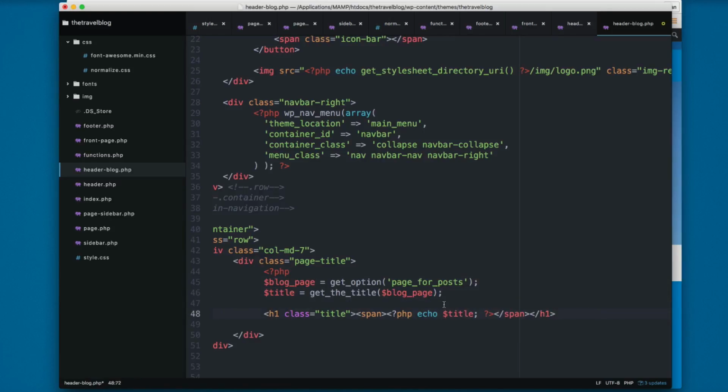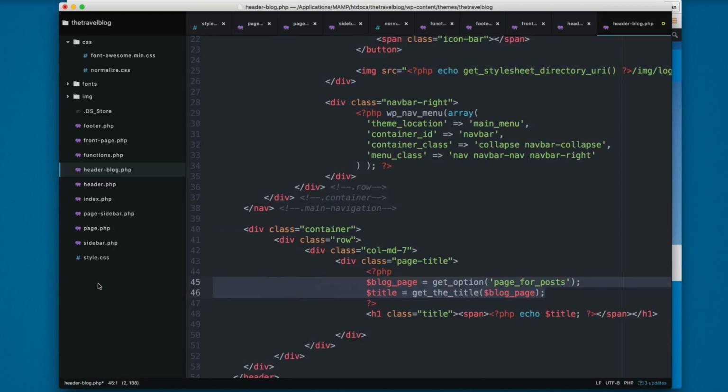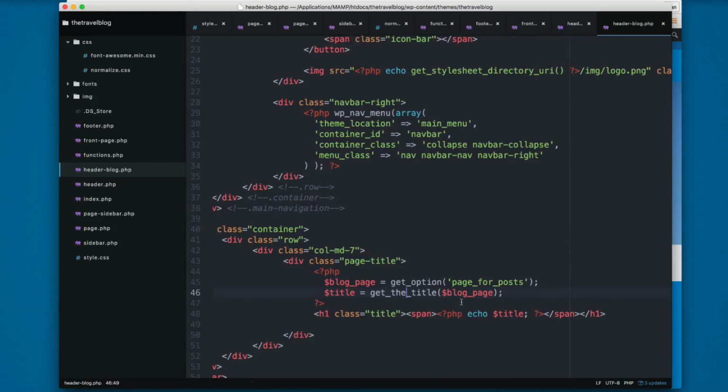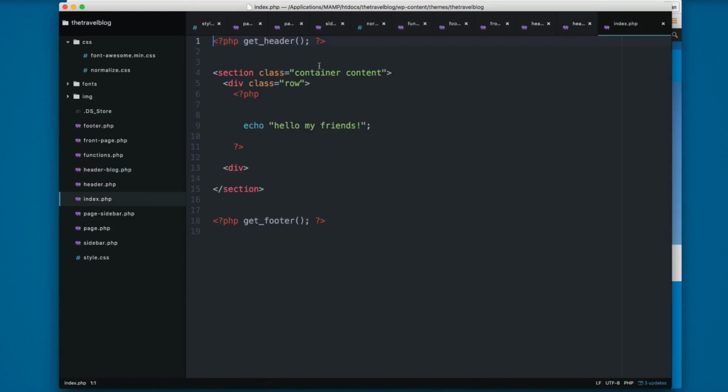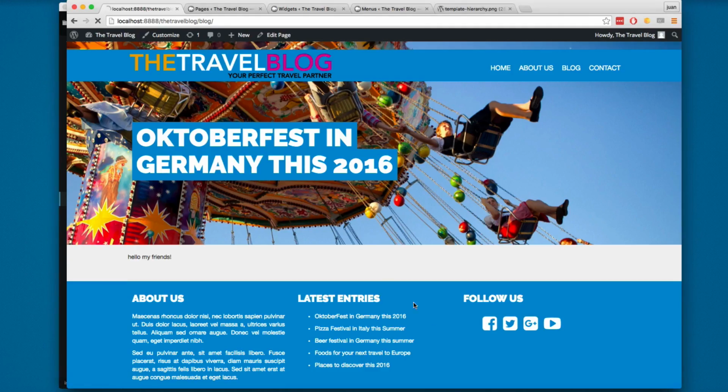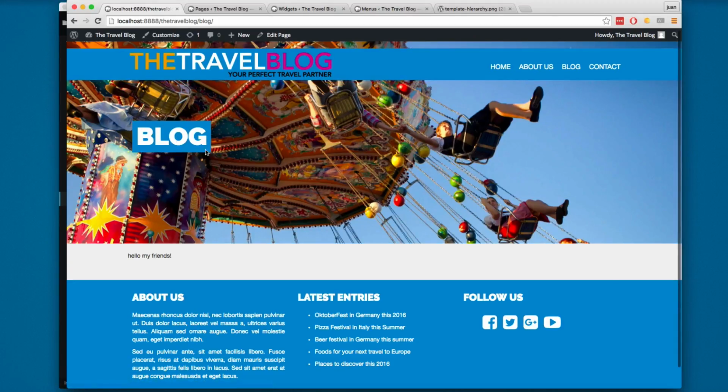So I'm going to echo the title right here. You can close the PHP block right here and indent this a little. Finally, let's open the index.php, and here I'm going to add, inside quotes, blog. So that we look for the header-blog.php. I'm going to reload this, and now you can see we have blog. So I'm going to edit the page,